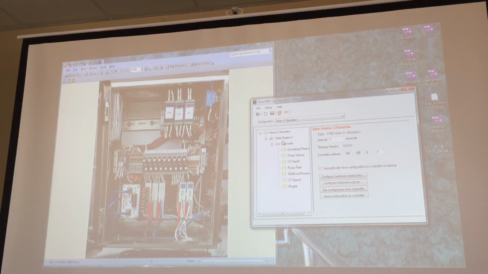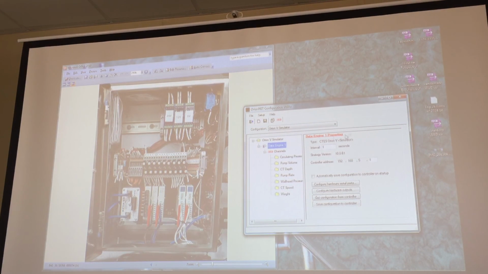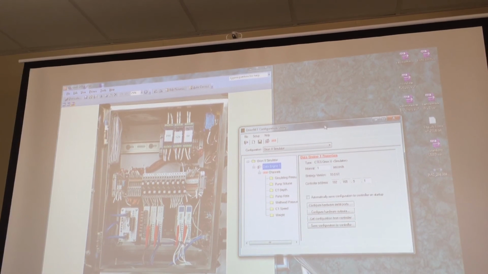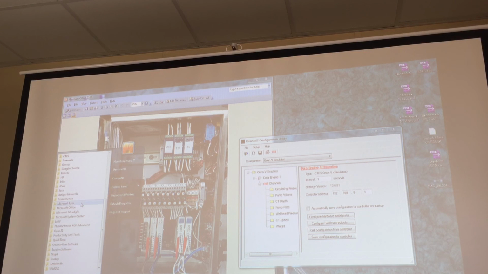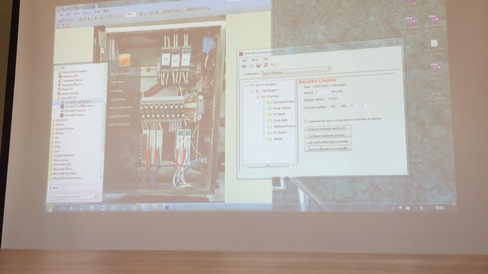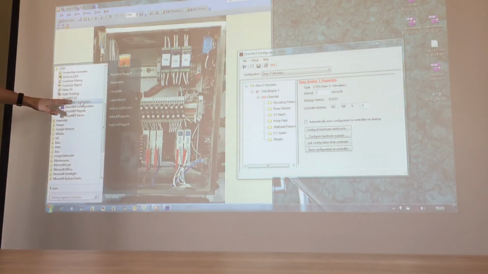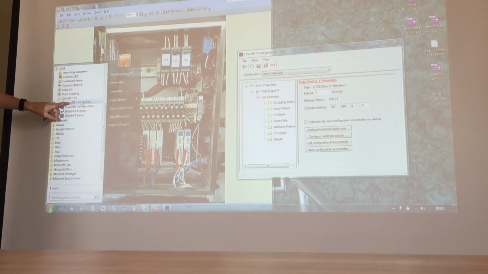So the first thing we do, after our laptop's set up and ready to connect to the box, is the configuration. I mentioned that this is where it gets just a little bit complicated, so I'm going to go through it again and again. I mentioned that it's the acquisition program that communicates with the controller, but we have to tell the acquisition program